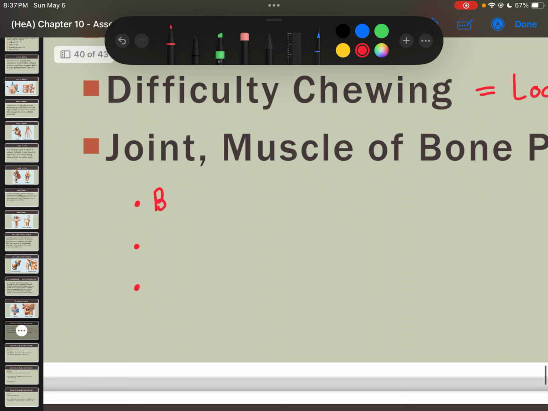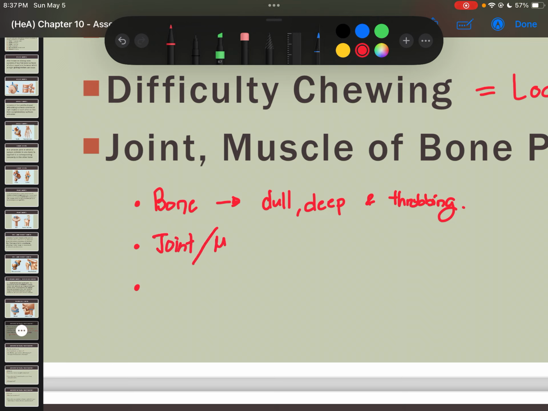For example, class, bone pain is usually dull, deep, and throbbing. Dull, deep, and throbbing. Whereas joint or muscle pain,